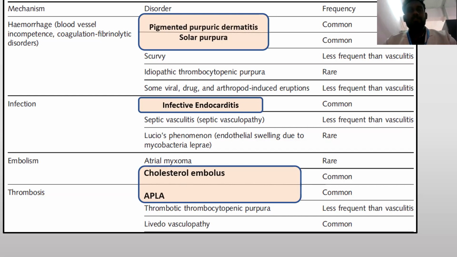Some infections, for example infective endocarditis, can present with splinter hemorrhages. So it's a common thing we should always rule out. Then septic vasculitis: a patient with sepsis can have septic vasculopathy or septic vasculitis, so we should always think of that. Then Lucio phenomenon, due to leprosy, with endothelial swelling caused by leprosy. So these are the various infective causes